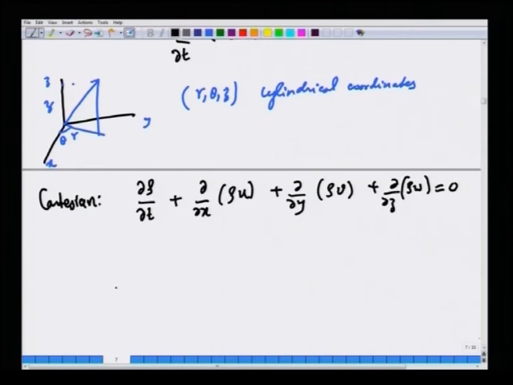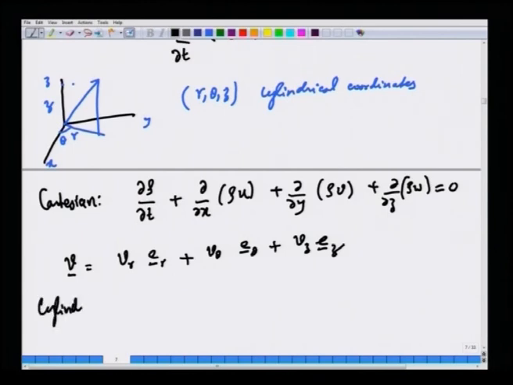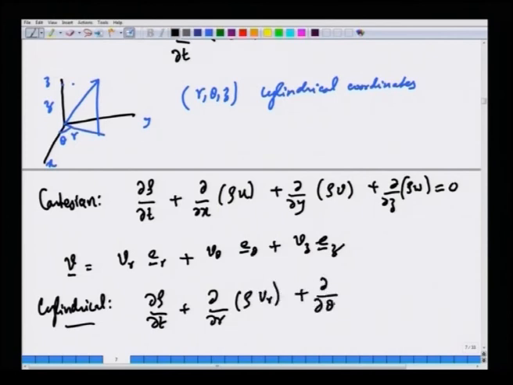But suppose in cylindrical coordinates, the velocity vector is written as v_r e_r plus v_theta e_theta plus v_z e_z. If you want to write the continuity equation, we cannot write it by just extending the continuity equation in Cartesian coordinates. This is wrong,